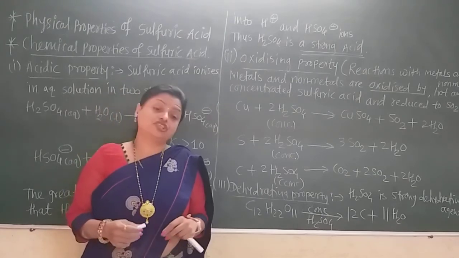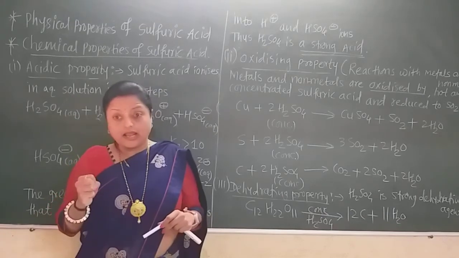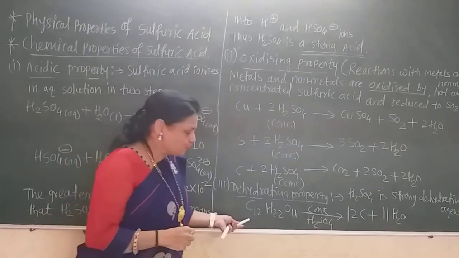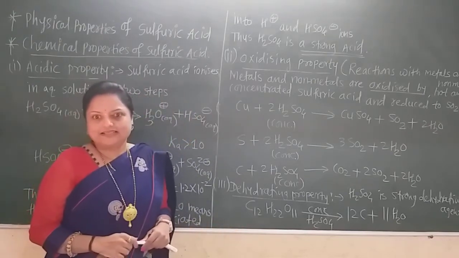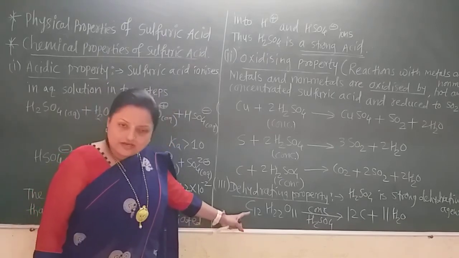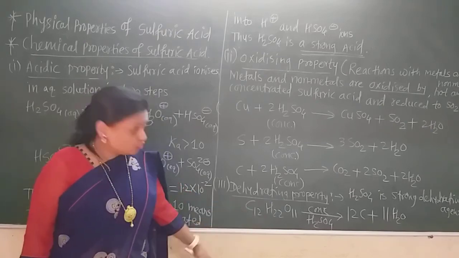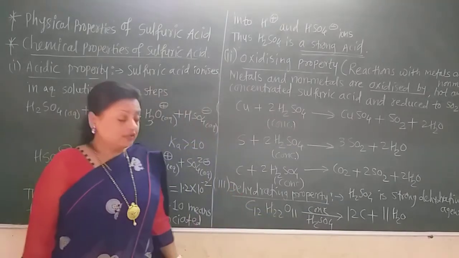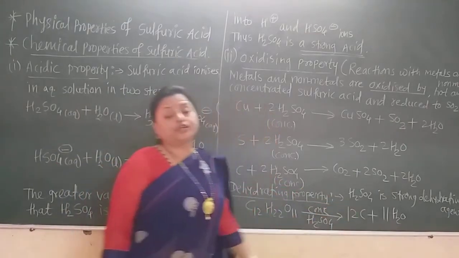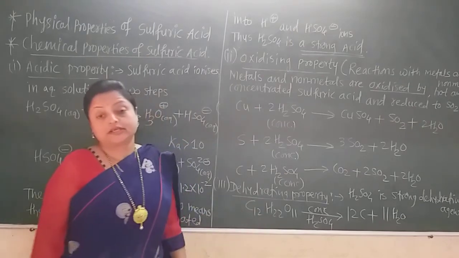In Marathi it is called Jal Akarshak. That means it always has an attraction for water, and it immediately dehydrates carbohydrates such as sugar cane, that is cane sugar. Now this is the sucrose. Sucrose, when in contact with sulfuric acid, directly converts into carbon and water. That means water is absorbed by this sulfuric acid from this sucrose, cane sugar.